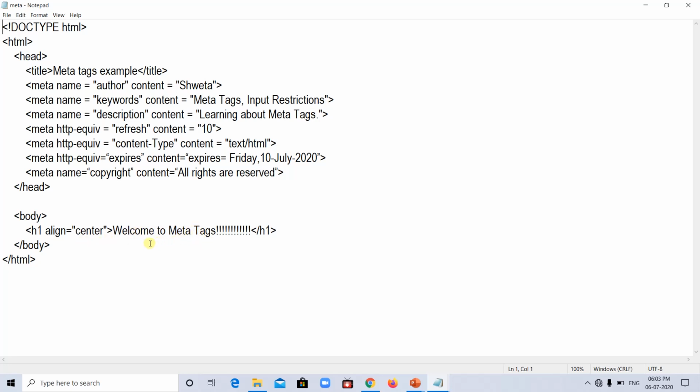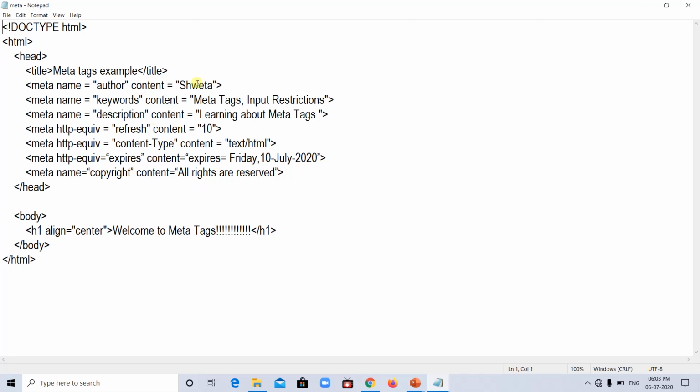So when you see the output, you are able to see only welcome to meta tags, nothing else. All these other things are of no use to the viewer. These are not going to get displayed on the web page. But who is going to use all these things? They will be used by the search engines. Search engines always use these things, that is author, keywords, descriptions. This will be used by the search engines to search your web pages. Whenever any user wants to search web pages regarding the pages you have created, then your web pages also get displayed in the search engines.